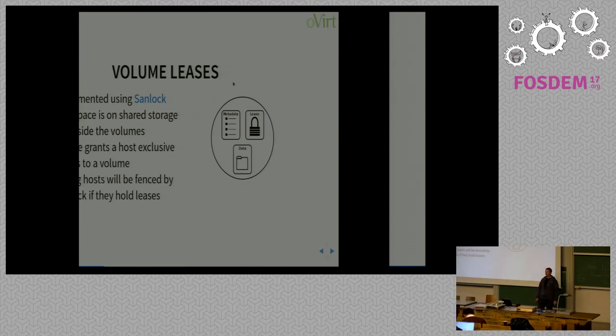As a host with leases, you have to abide by the Paxos lease algorithm, which means that you are occasionally updating and renewing your lease on storage, and also making sure that you're passing the liveliness checks. And if, as a host, you're failing to operate correctly, then Sandlock can fence you. This is really a two-phase thing. So the first thing Sandlock will try to do is kill any outstanding processes that are associated with volume leases. If that fails, it can use the kernel watchdog device to force a hard reset of the system.